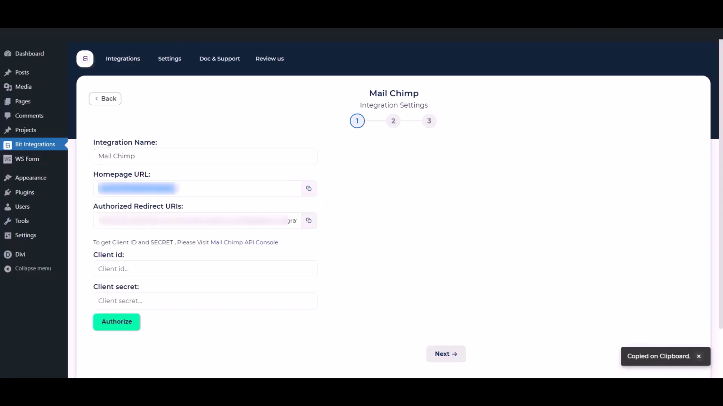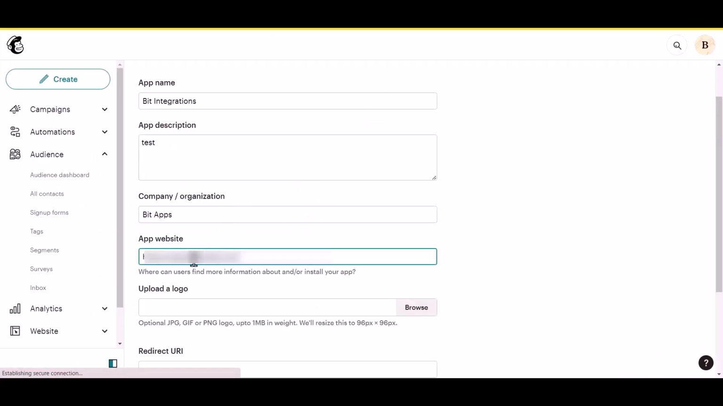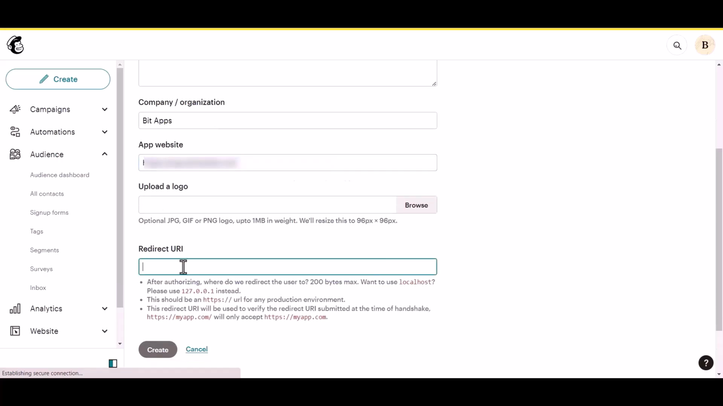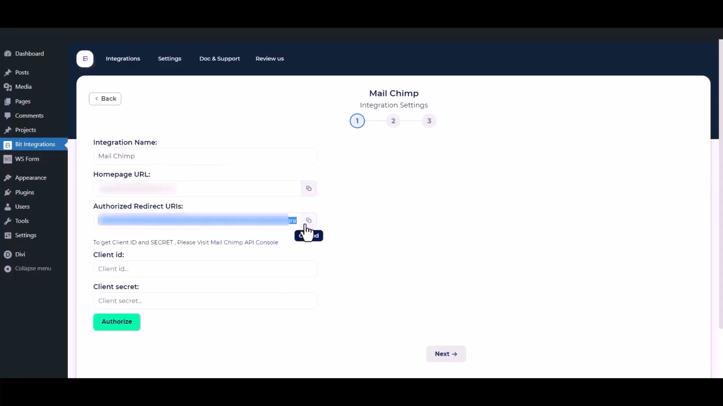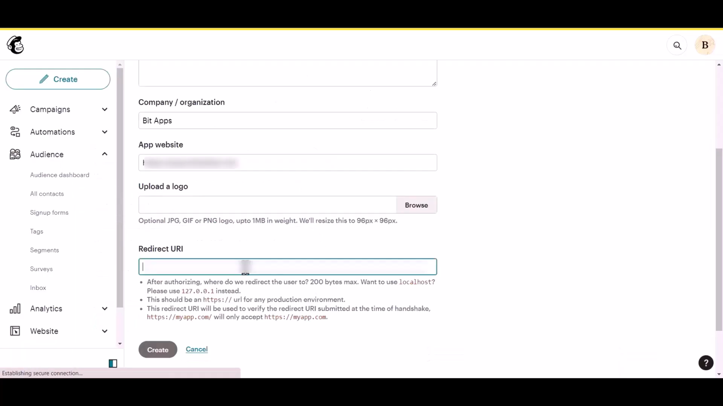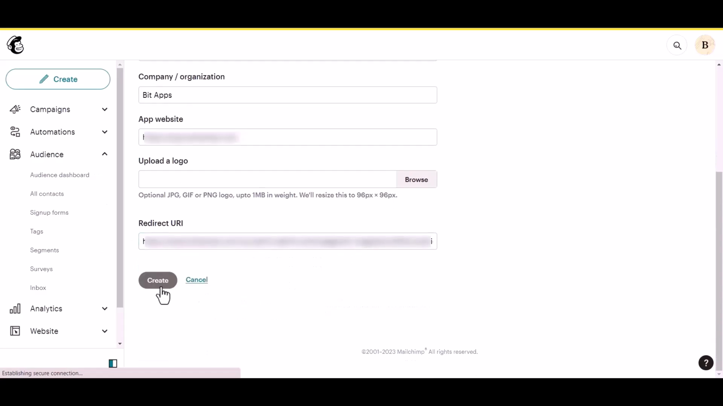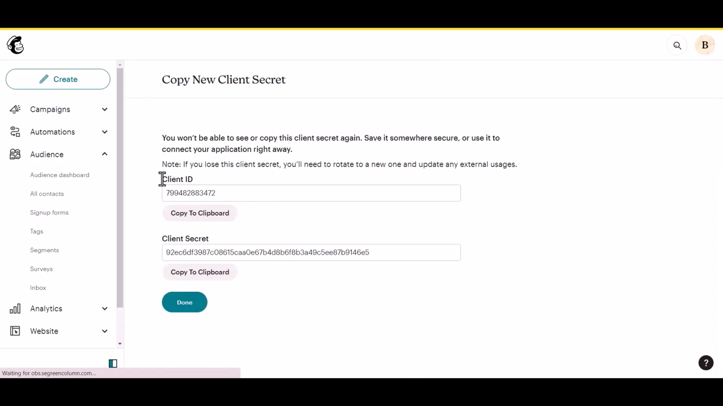Copy the homepage URL and paste it here. And copy the authorized redirect URIs and paste them here. Then click on the Create button. After successfully registering the app,